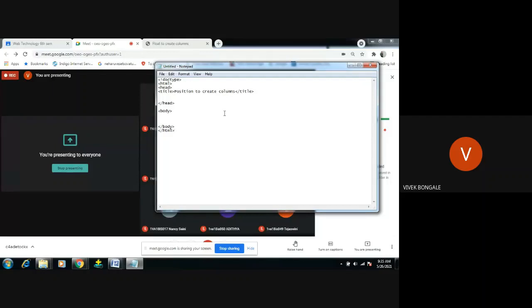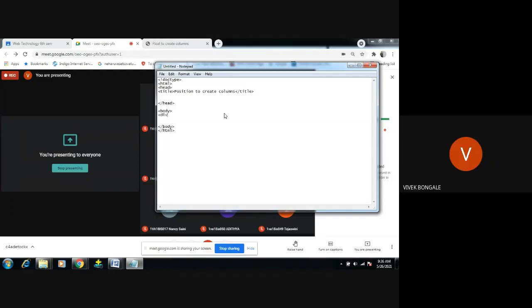So we are trying to create what? Again the column. So here I will just create one container, because there we can float the element. Float means if we want, we can float one particular column to the other place. That is the main reason for using float. But here you're trying to change the position, which means the entire container will move to the other place, not a single column. If you create two or three columns, the entire two or three columns will change position, not only the particular column.